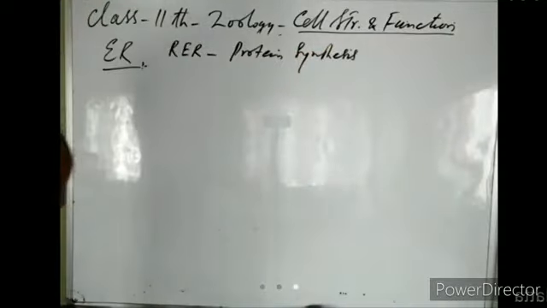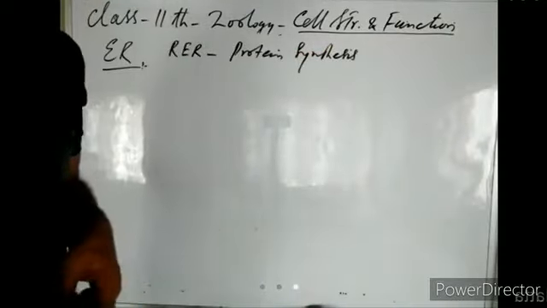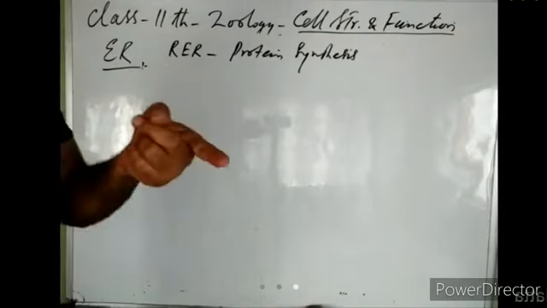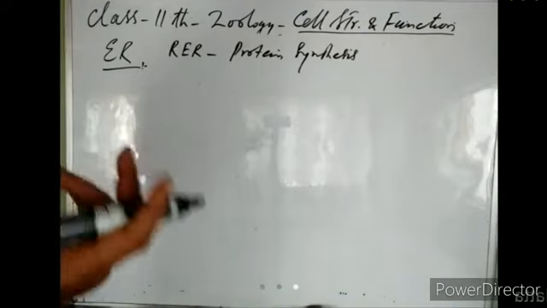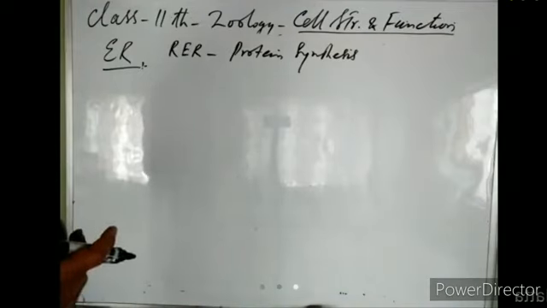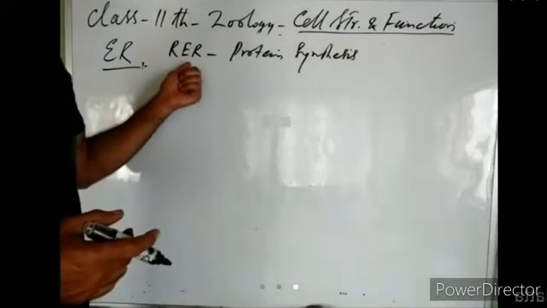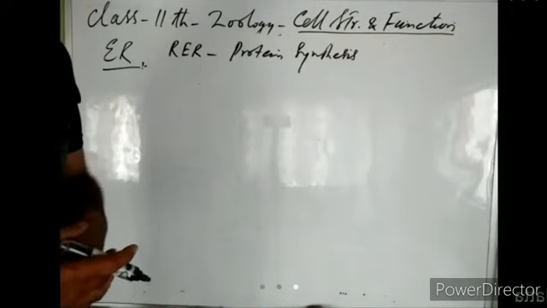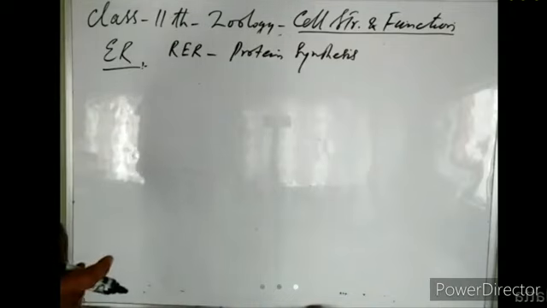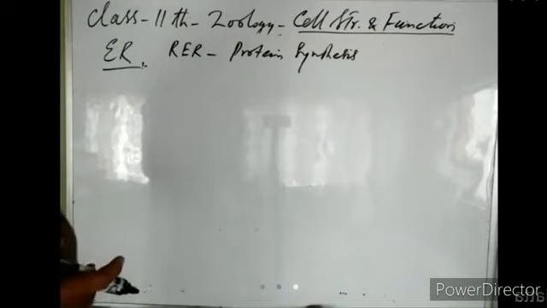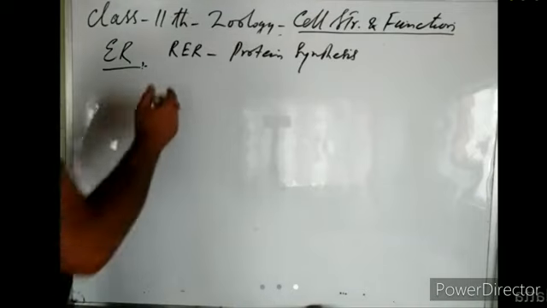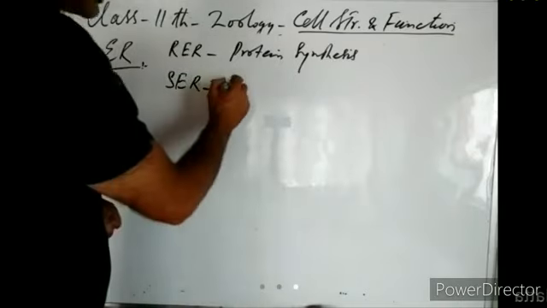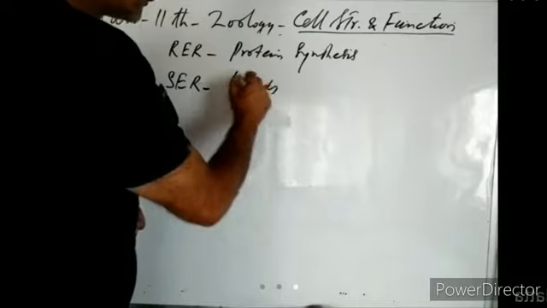As I told you yesterday, endoplasmic reticulum itself does not form proteins. Actually, rough endoplasmic reticulum has ribosomes on it. Ribosomes form polypeptide chains. Then ribosomes release those polypeptide chains into the lumen of this rough endoplasmic reticulum. And in the lumen, those polypeptide chains become bent and folded and assume the three-dimensional structure. Similarly, SER, smooth endoplasmic reticulum, is involved in synthesis of lipids and sterols.